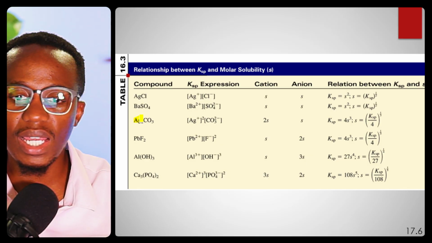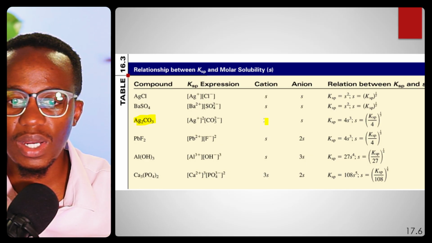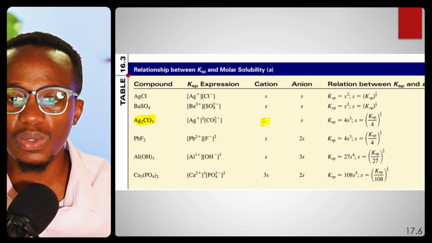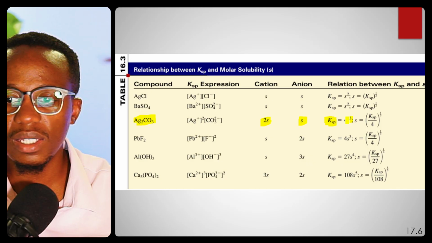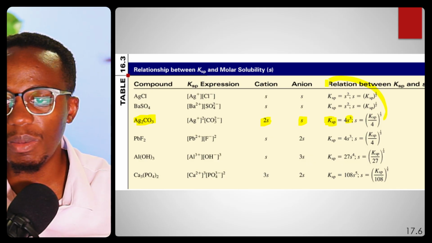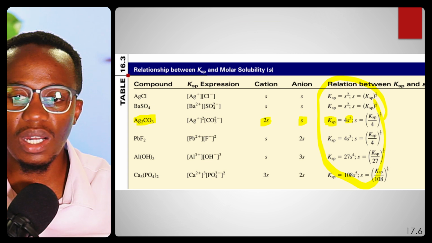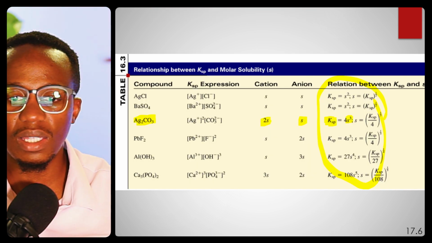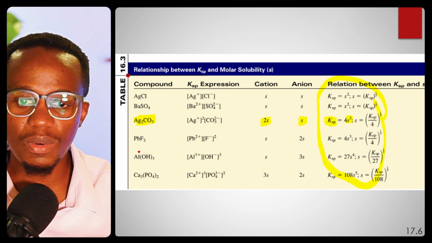If you have Ag2CO3, for example, we have 2S, because Ag2 is 2S, and then S for the carbonate. And then the KSP is going to be equal to that. So please don't memorize this. Just figure it out by setting up the ICE table like that, right? You should be able to do that very easily. For example, Al